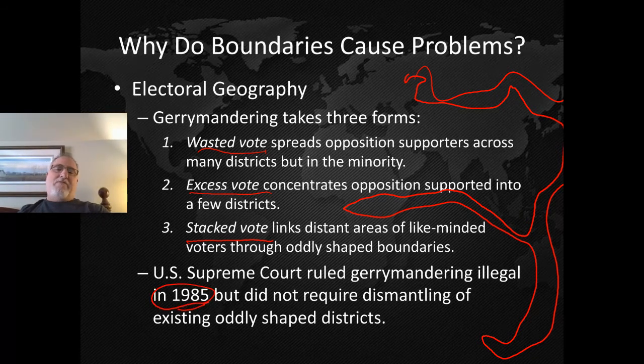It's just very, very difficult to do, and as you can see, they didn't require dismantling, so that's why it's still in the courts now. It's a big deal in our state, North Carolina, and I don't think we're the only state who has this problem, but it's just a way for people to stay in power who shouldn't stay in power if the voice of the people